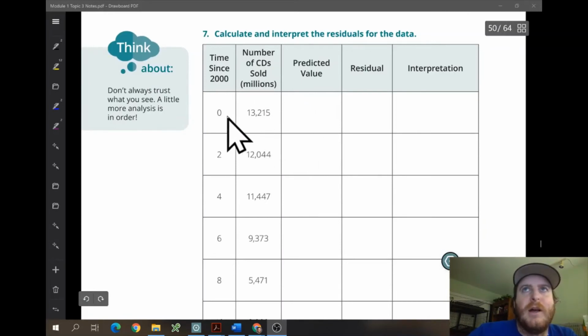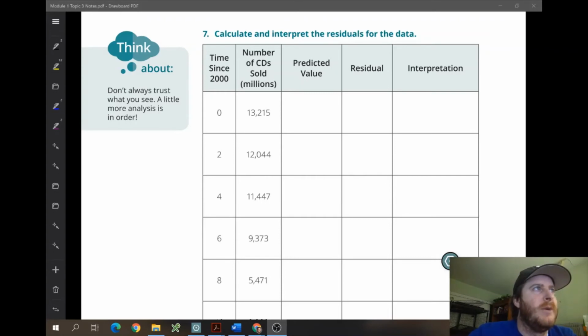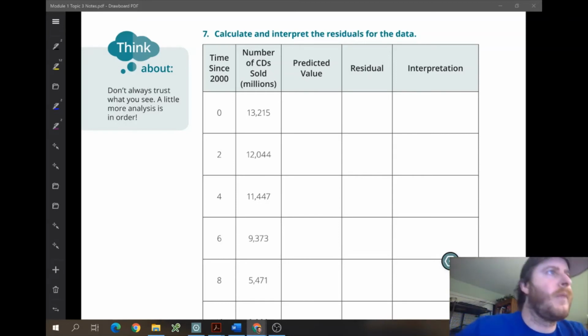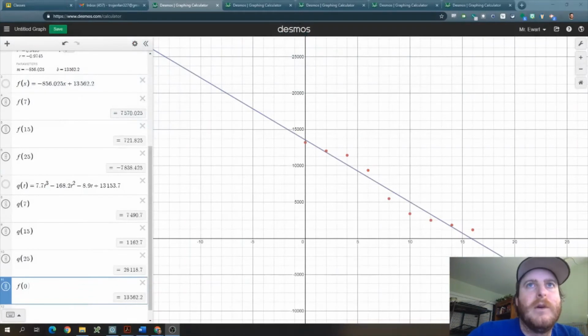We've done this a lot. Just as a reminder, though, the way that you would do this is, if I wanted to do this, I would go into Desmos, and I would do my f of 0, right? So I do f of 0 in Desmos. Let me show that really quickly. So f of 0, I get